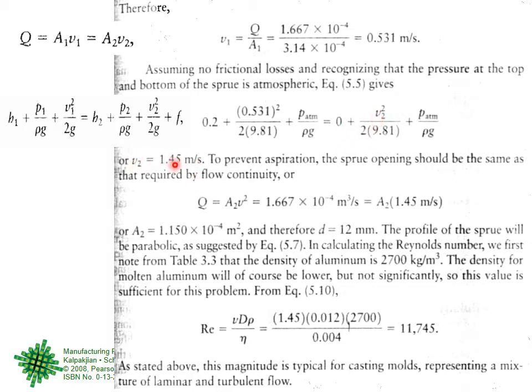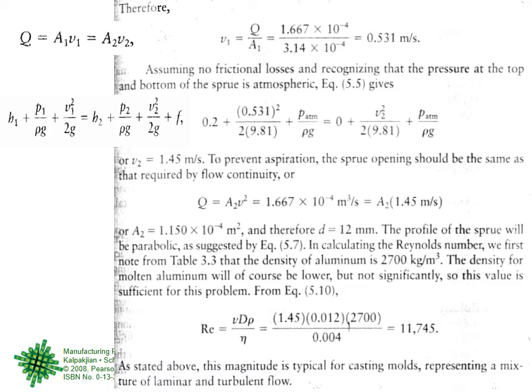Now this may be right, this may be wrong. These are human beings who have written the book. You should have very carefully solved it. If your answer is almost this, that the velocity at the bottom is 1.45 meter per second, then it is great. If it is not, then you try to find out where there is a problem in your solution or a problem in their solution.